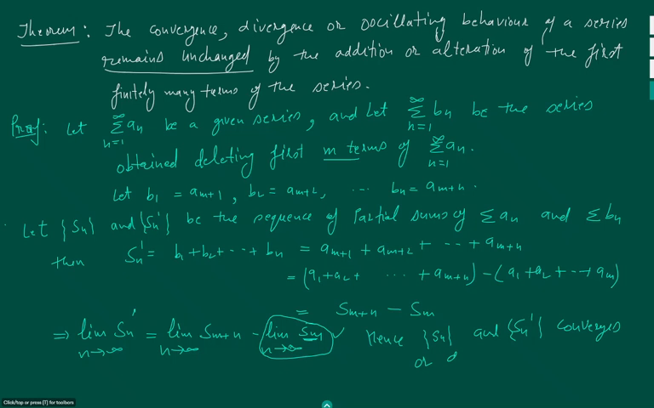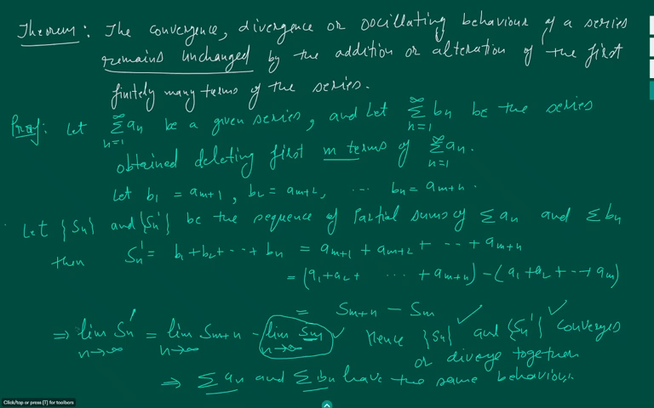Converge or diverge together. That means if the limit of Sn exists, the limit of Sn dash also exists. And that means the series an and the series bn have the same behavior, because the behavior of the series is the behavior of their sequence of partial sums, and these two sequences of partial sums behave similarly